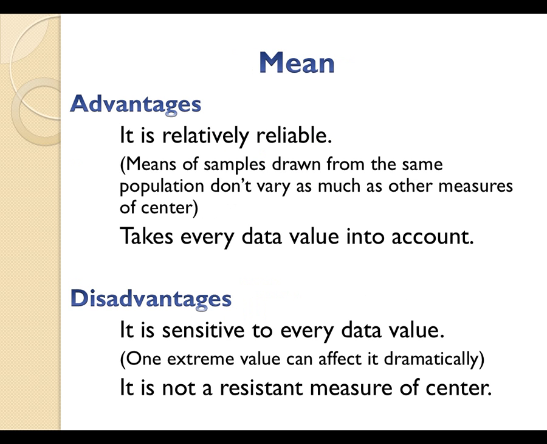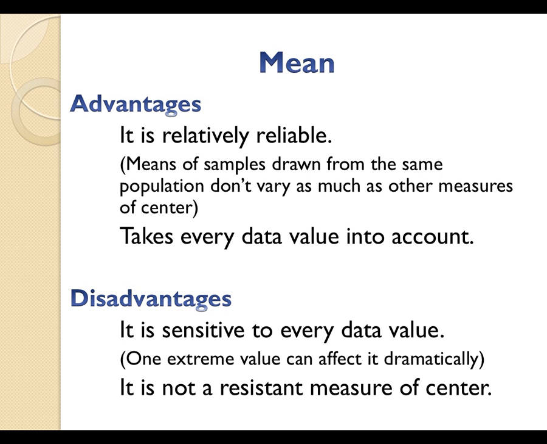Now here's some advantages of the mean. It's relatively reliable because it takes into account every single number in the whole sample of data, or if you have the population, it takes into account every single value in the population. Means of samples drawn from the same population don't vary as much as other measures of center. But the big deal is that it takes every single value into account. Smallest, largest, the ones that show up the most often, the ones that show up less often, it takes every